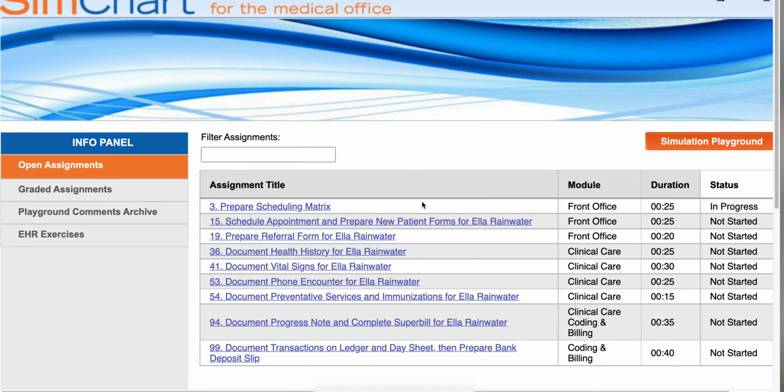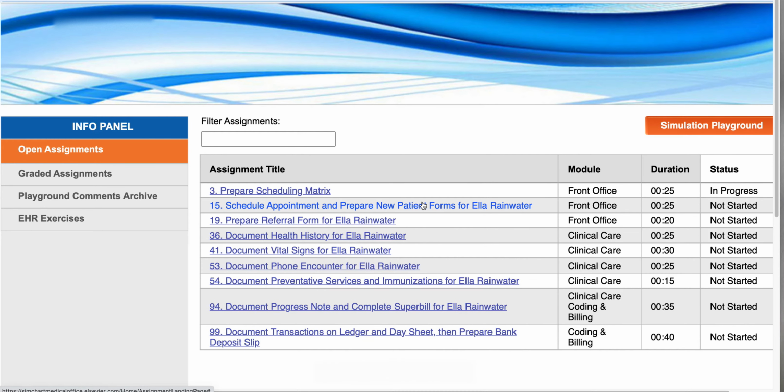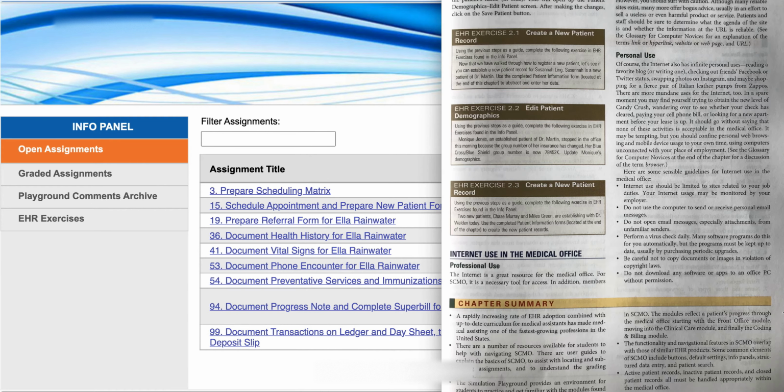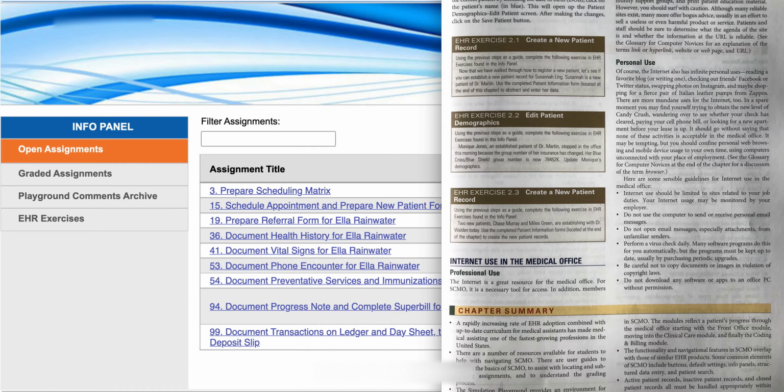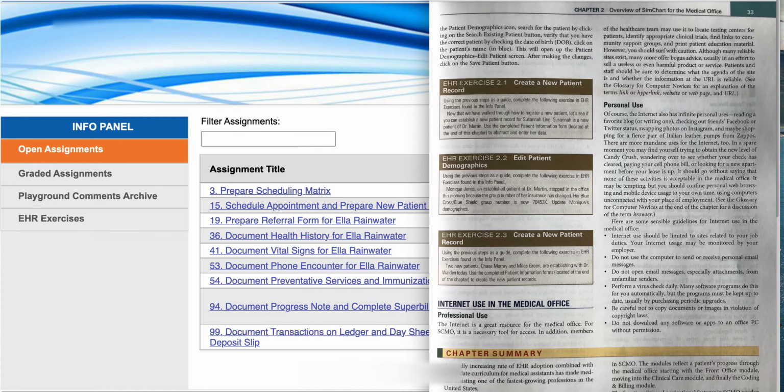Once you get out to SimChart, you'll see a page that looks somewhat like this. Please disregard these blue assignment links for now. These are graded assignments that start later in the class, and you are not to open any of these for Week 1. When you are reading in your textbook, when you get to the end of Chapter 2, on page